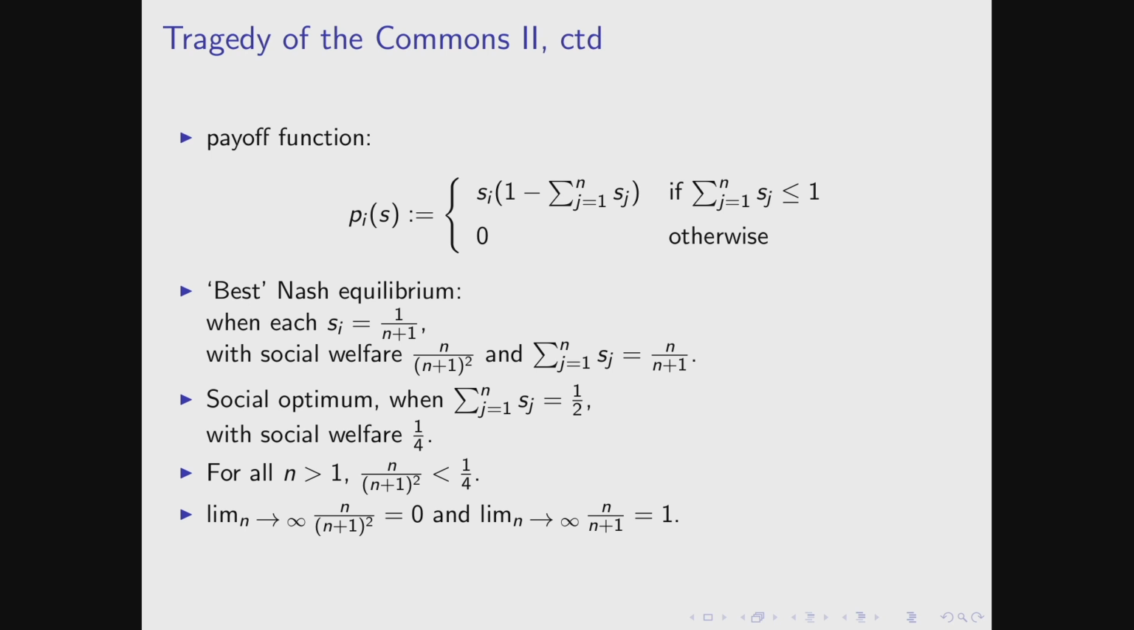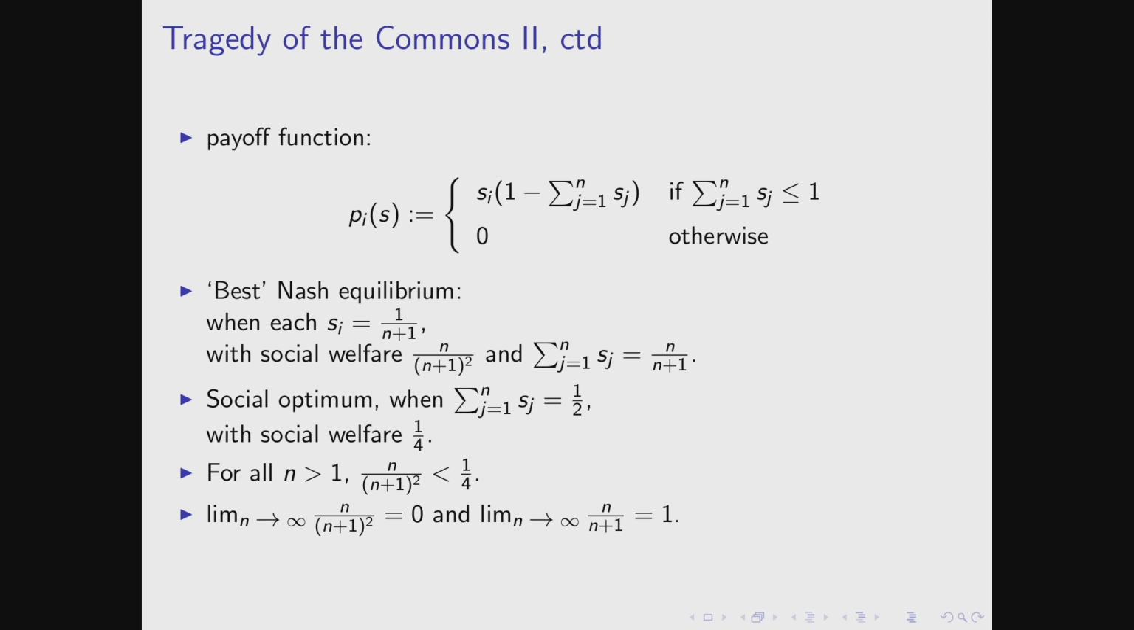And the social welfare of this is obtained there. It is this function here, n divided by (n plus 1) squared. You can also ask the question, what's the social optimum in this game? And the answer is completely different, namely when they together claim 50%, no matter how they divide it between themselves. So what happens is that when the sum of these percentages is 50%, then the social welfare is 1/4, and